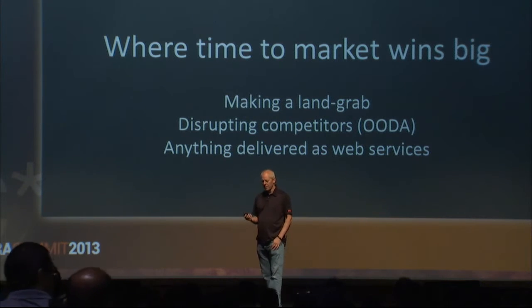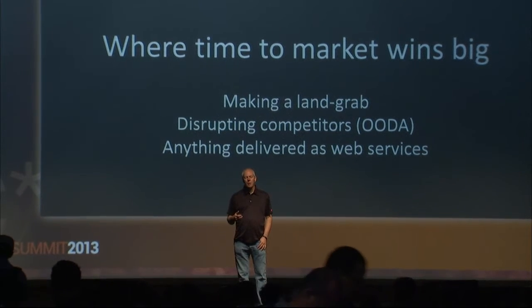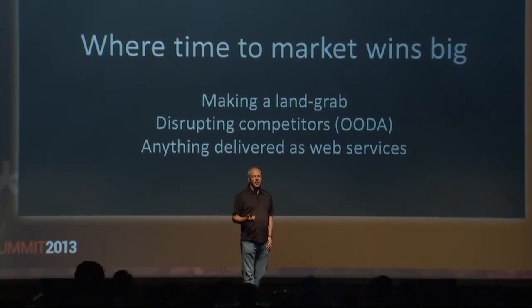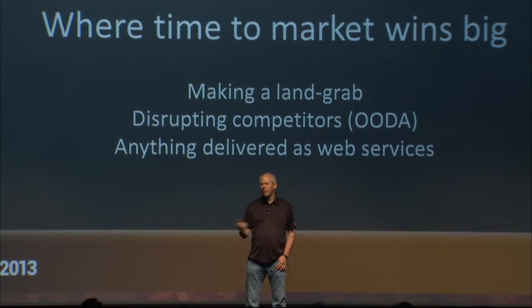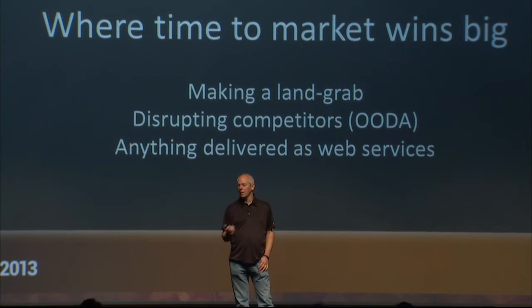So starting off looking at cloud native. Cloud native is basically a way to build your applications that run in the cloud where we're really optimizing for speed. We're optimizing for time to market because Netflix is making a global land grab. We're trying to build out a new category area of streaming video, and we're also trying to do that on a global basis, working one by one through all the countries in the world. So that's a good case for doing something where you have a very elastic need for compute, and it's growing rapidly. Time to market also wins if you're trying to disrupt your competitors.